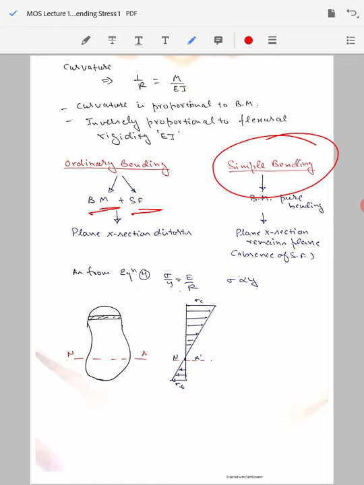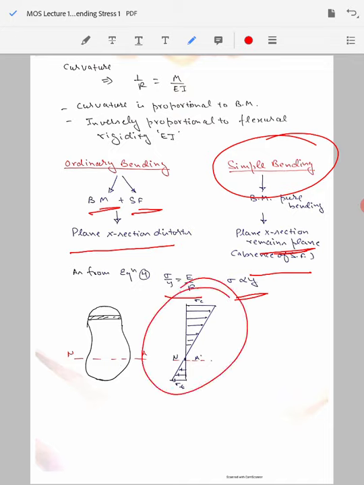In the case of ordinary bending, the assumption that we made, that a plane cross section remains plane, will not be satisfied, and the plane cross section will distort because of the bending. So a circular shape may get converted into an ellipse and so on. Because of the absence of shear force in simple bending, the plane cross section is going to remain plane. Apart from that, we have also derived the relation that sigma by y is equal to E by R, so sigma is proportional to y. That means the amount of stress produced will depend upon the distance of the fiber from the neutral axis. It is linearly proportional to that. So that's the kind of stress distribution that you will get along the cross section of the beam.